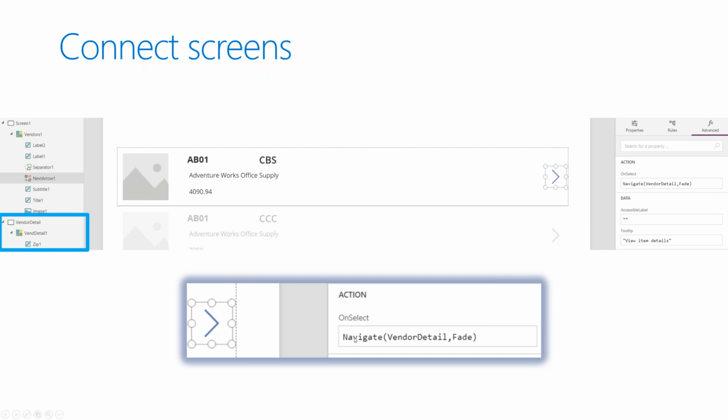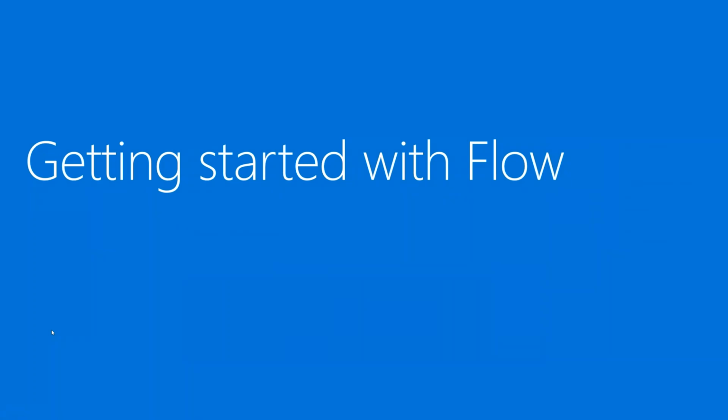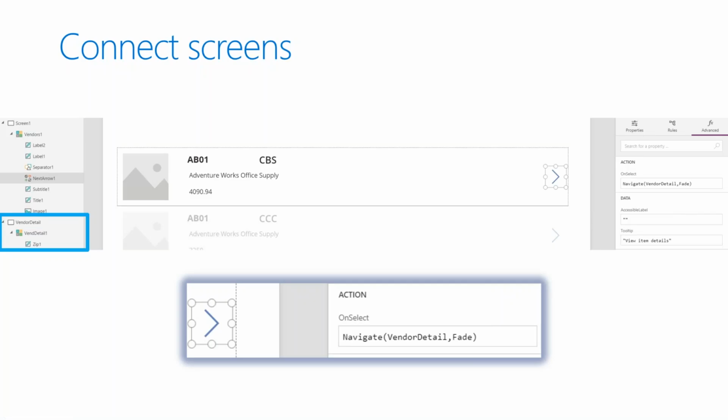When you click on this icon, I want you to navigate to the vendor's detail. There it is, the vendor detail screen, and then you can tell it how you want to do it. Do you want it to wipe, fade, whatever you want to do. And so just by simply doing this, I have now connected this screen to the screen that I just connected, and now we're able to have this fully connected quick little vendor thing that I did in, probably will take you, 15 to 20 minutes to make that initial connection, and then you can build off of that, add the